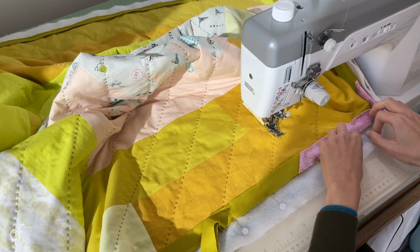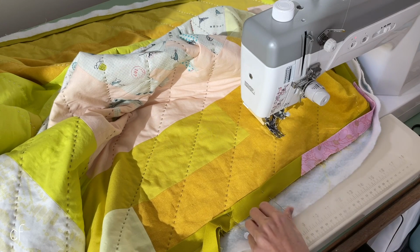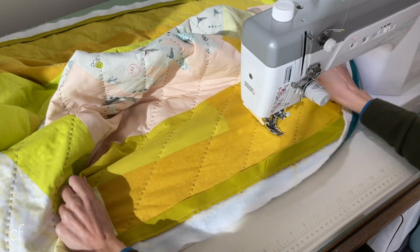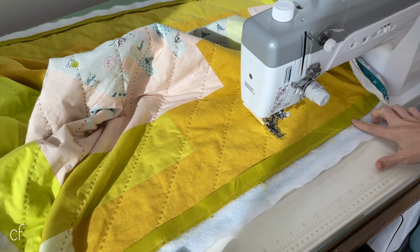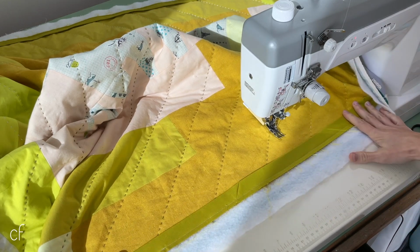And what will happen, once you do it correctly, is, ta-da! So this is where I sewed this section, and then ta-da! Now that I've sewn my binding to the front of my project, I'm going to go ahead